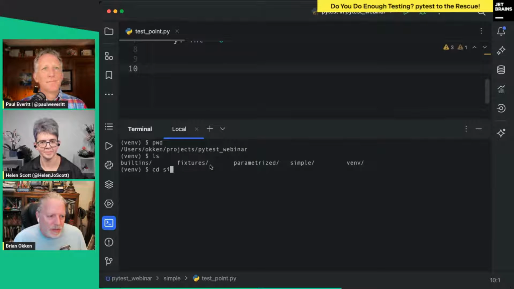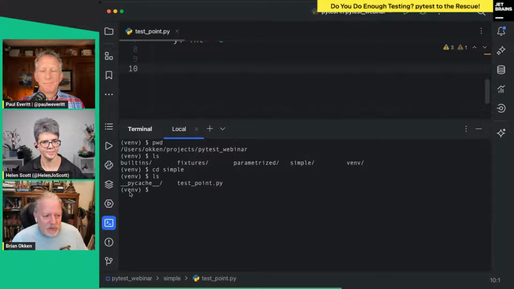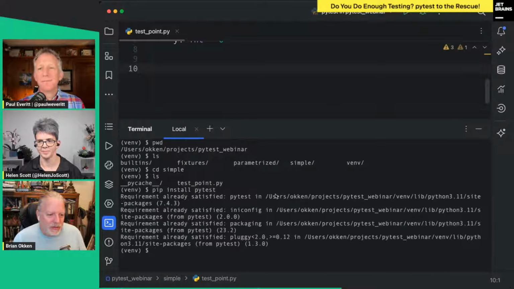And in my first example, I just want to show really how easy it is. So all I have is I've installed pytest. I think that's all I've got installed. So pip install pytest, of course. And that's it. I've got it in a virtual environment also, because everybody's using virtual environments, right? Of course you are. Pip install pytest. It's already there.